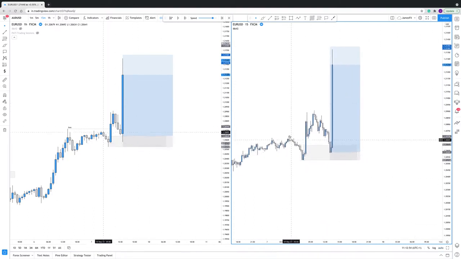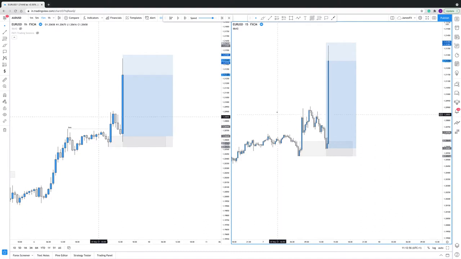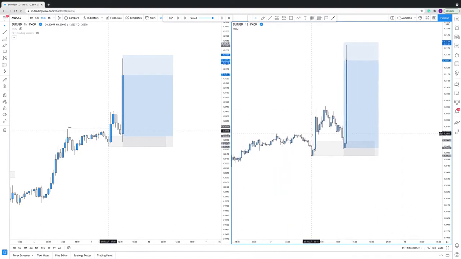Can we refine it down? So where has the momentum come in? Well, it's clearly come in on this candle here, okay? You can see how large and momentous this candle is. Now what we can do is